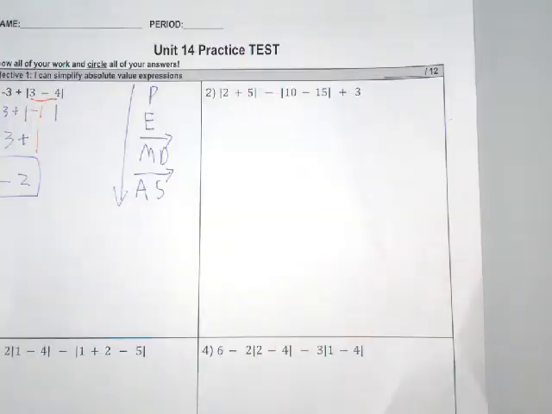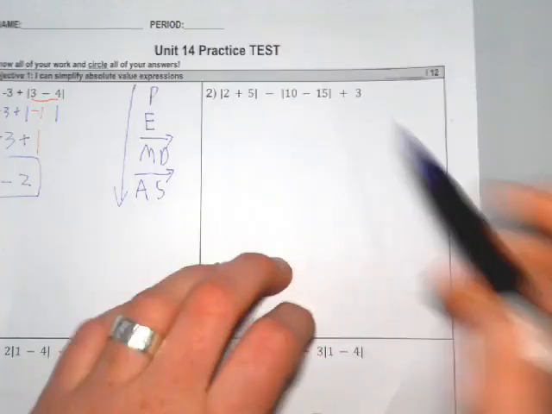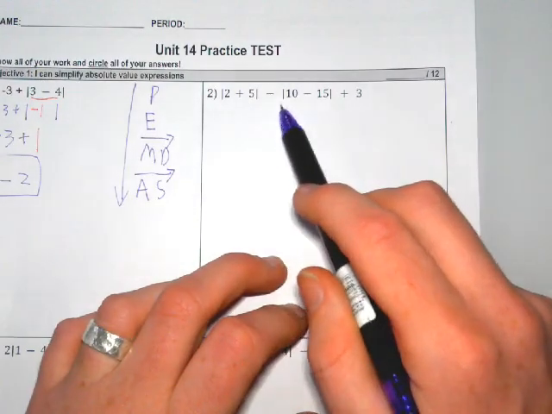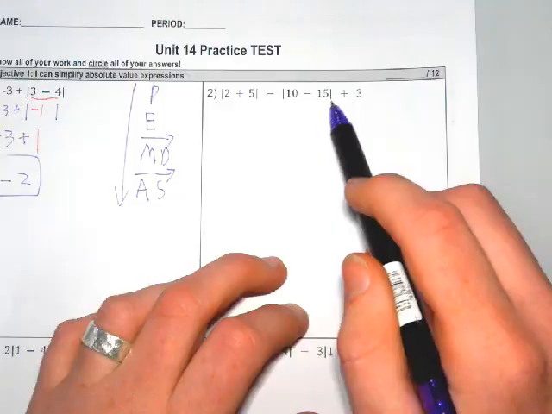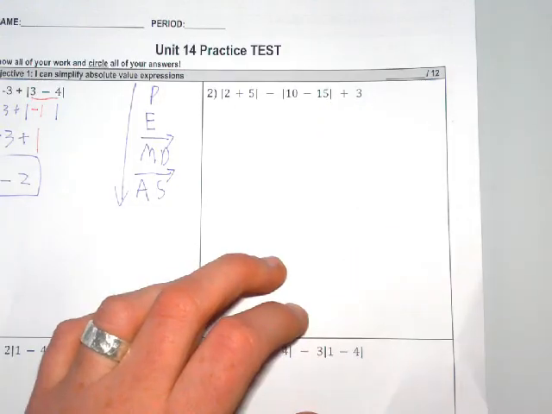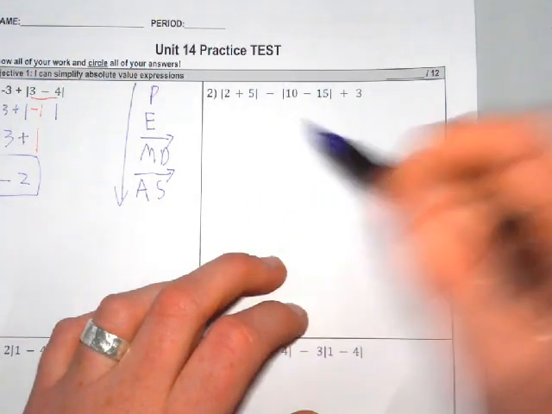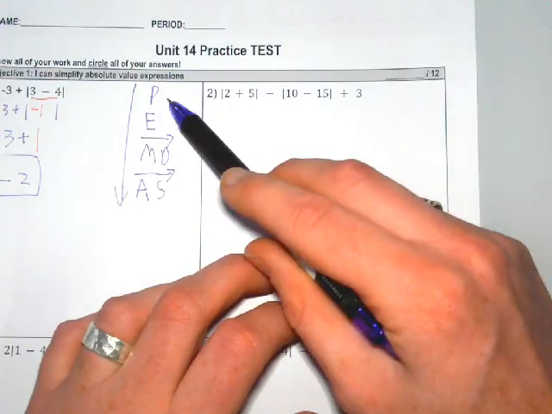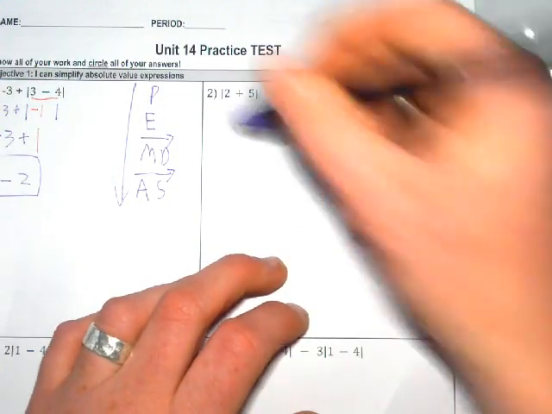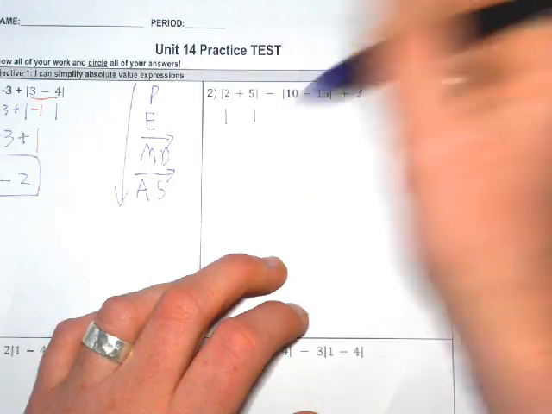We're going to do the same order of operations on every single problem on the front side. So please make sure you know your PEMDAS or you are looking up front in the classroom to write that down somewhere. For problem 2, we have the absolute value of 2 plus 5 minus the absolute value of 10 minus 15 plus the absolute value of 3. So just like last time, we are going to begin by simplifying the inside of my parentheses. So I'm going to rewrite this down,